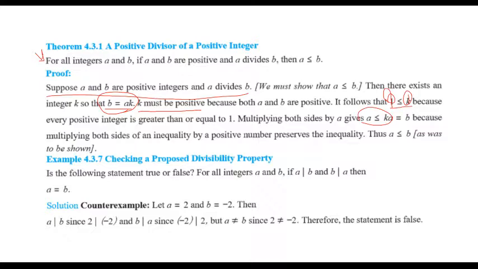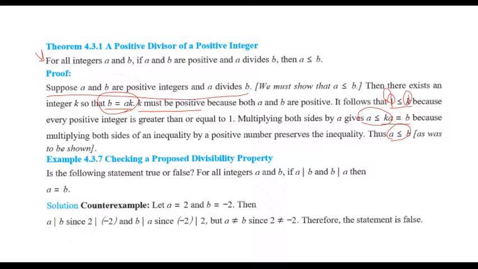So we conclude that a is less than ka, and since ka is b, we get the inequality that we want. We get a is less than or equal to b, right? So we are done with the proof. Now let's look at example 4.3.7,